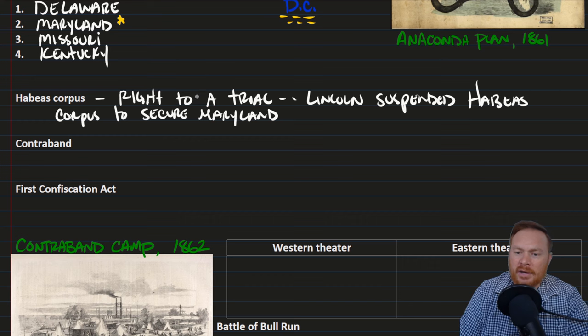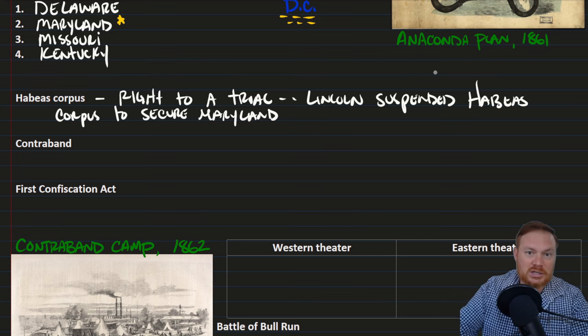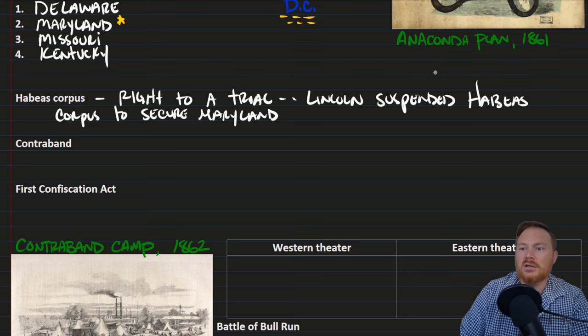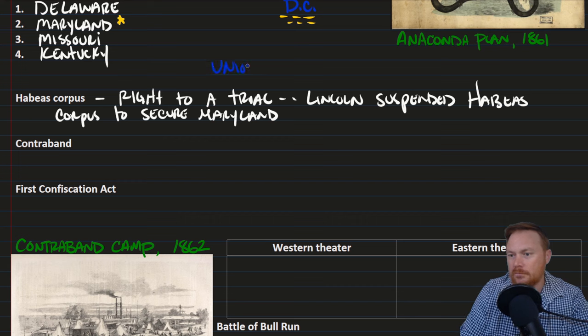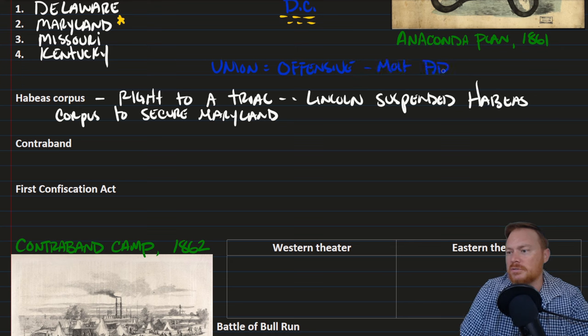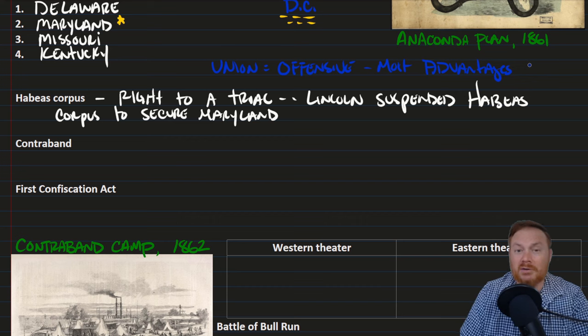As the war got underway, though, right, as the North was invading the South, and we look at the overall strategy of the conflict, the South is seceding, the North is trying to prevent them from seceding. So it's really up to the North to attack. The Union, again, they would be required to go on the offensive, right? And we would also say of the Union, they have most of the advantages. And that means the North has a bigger army, they have more weapons, they have better weapons, they have more money, they have more railroads, they have a better navy, they have a more efficient government. So, a lot of people were expecting the Union to win,